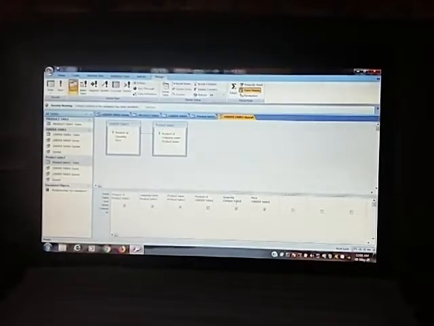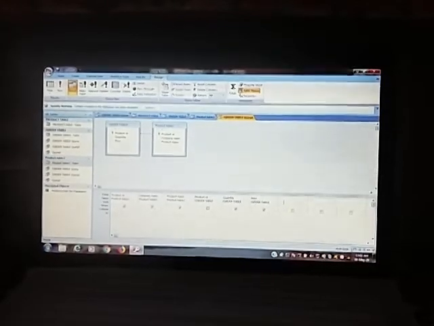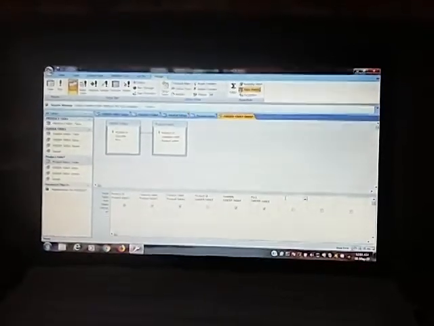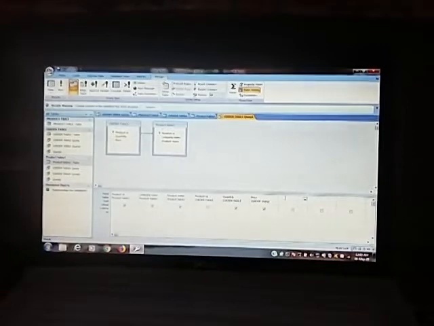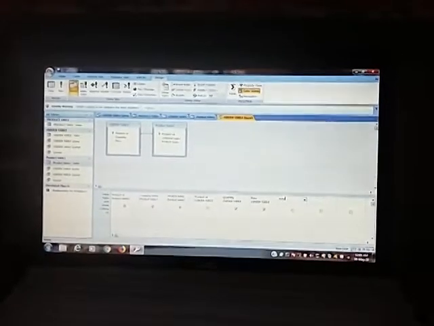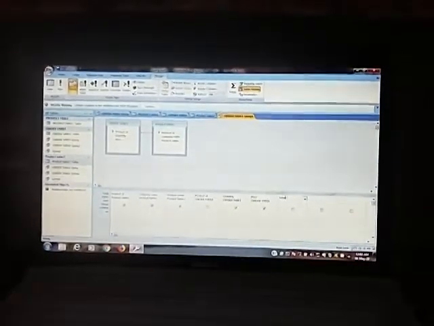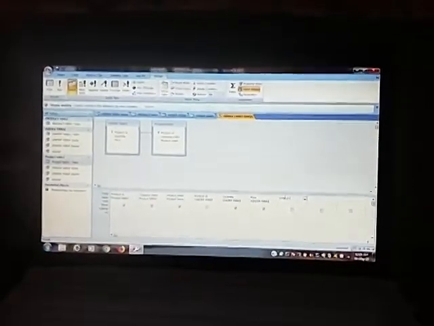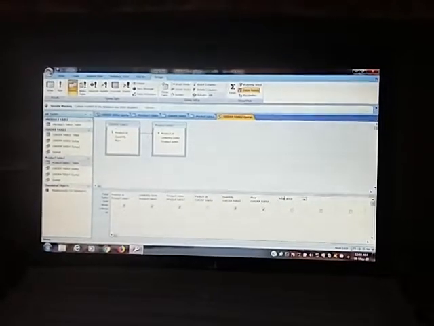Then add quantity and price, and in the empty area you will create one field, that is total price, with a colon.